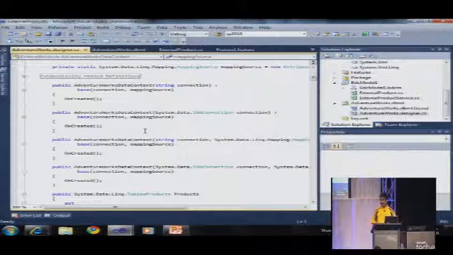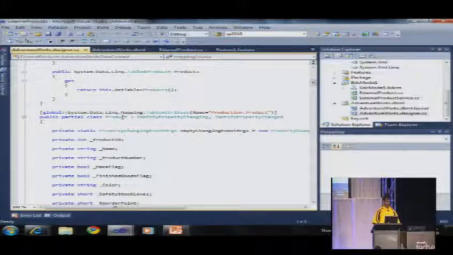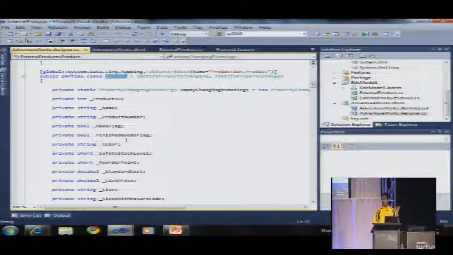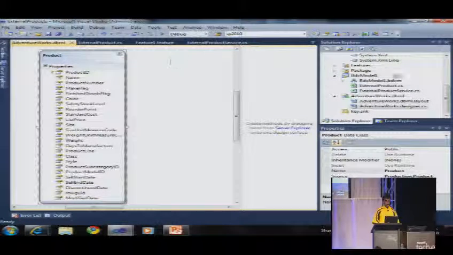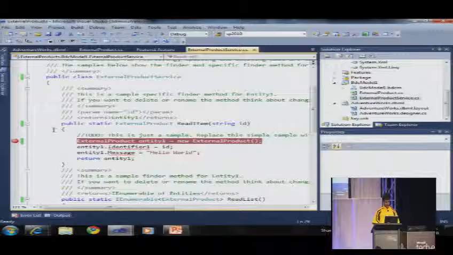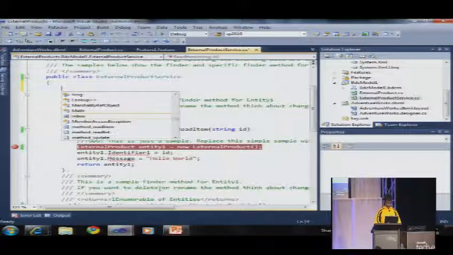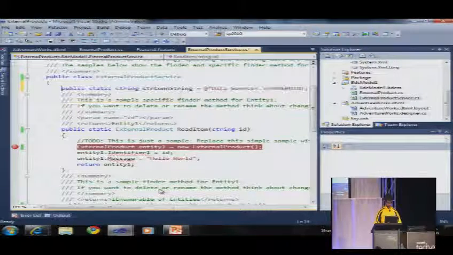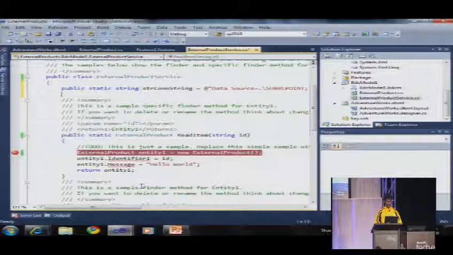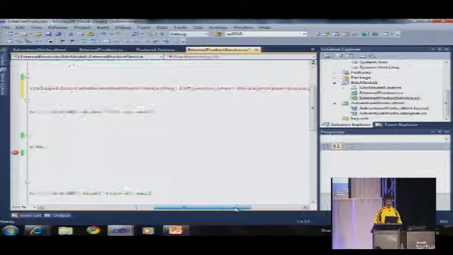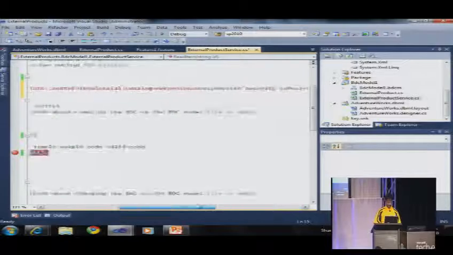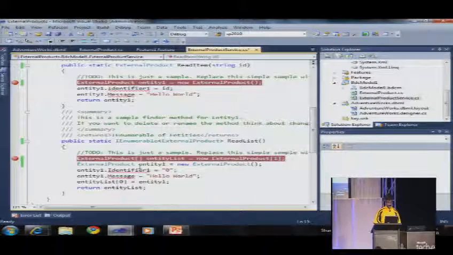So it's all LINQ, which is C# 3.0. It has added a data context. It has added a class product and has all these properties. So now it gives me the ability to do all the stuff with this table. So let me go back to my service. I'm going to add just a string, which is going to be the connection string for my database. Nothing fancy, the usual connection string. And I'm going to change the read list method